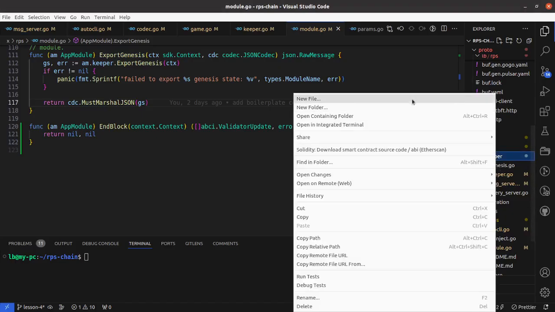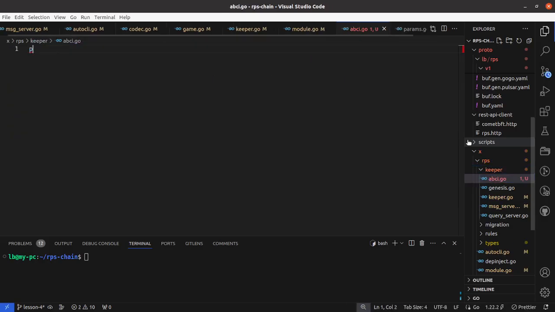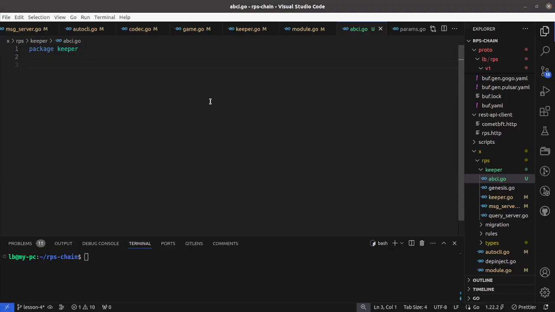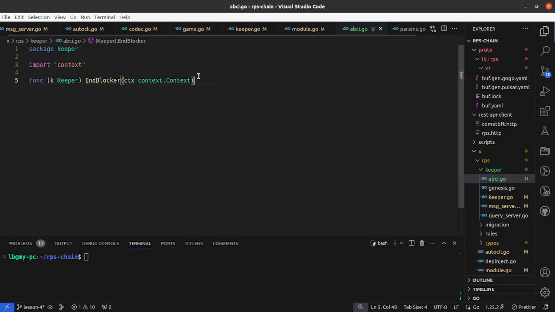We were going to add an abci.go file where we are going to add all the ABCI related methods. In this case, we're just going to add an end blocker. It's going to take a context and return an error,